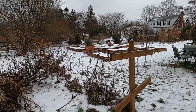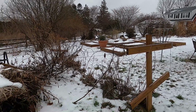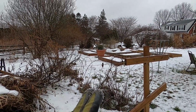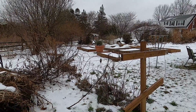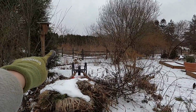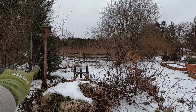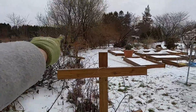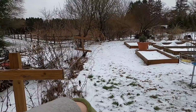You can kind of see back here, we have a row of black raspberries, and we just kind of ended up putting them here because this area had a burn pile in it when we moved here. So what I'm going to do to utilize the space a little bit better is to move all these black raspberries over to that cattle panel fencing and have them grow along that fence, because there's no neighbors bordering this area. And then this is going to turn into one succession of sunflowers, and then I'll have another one